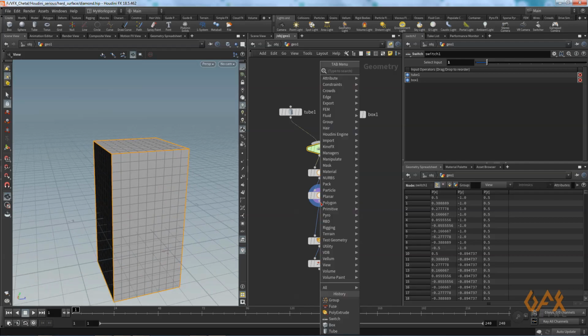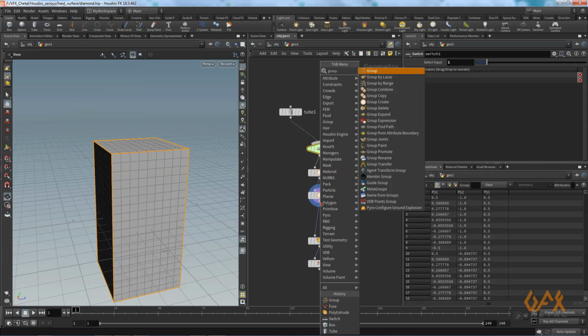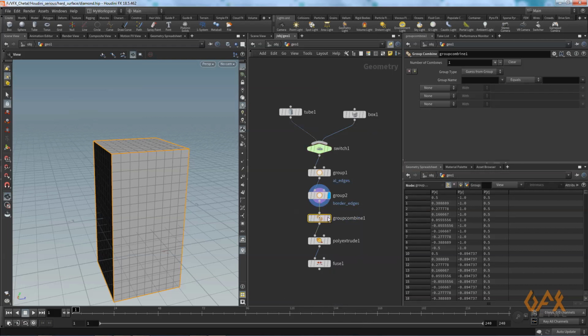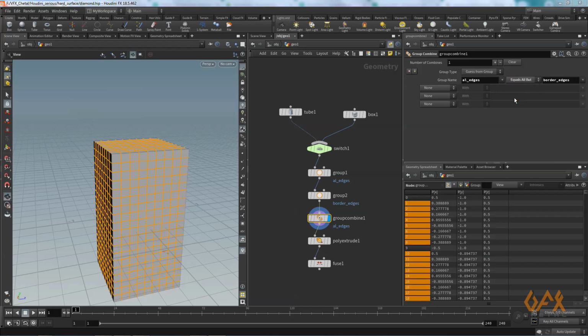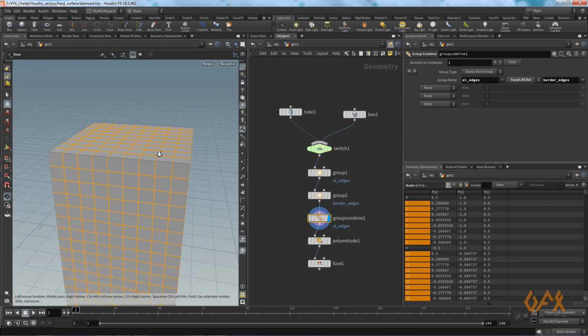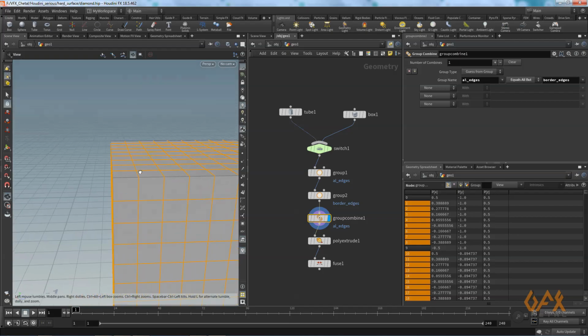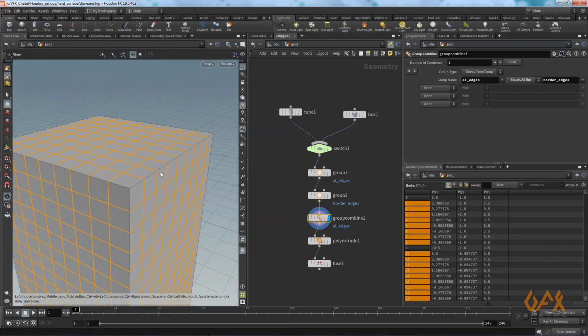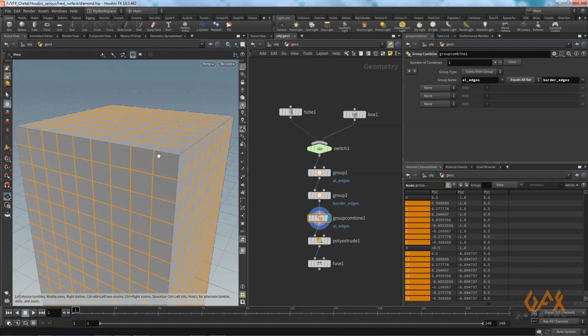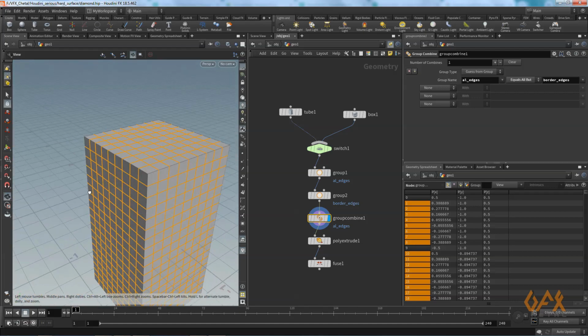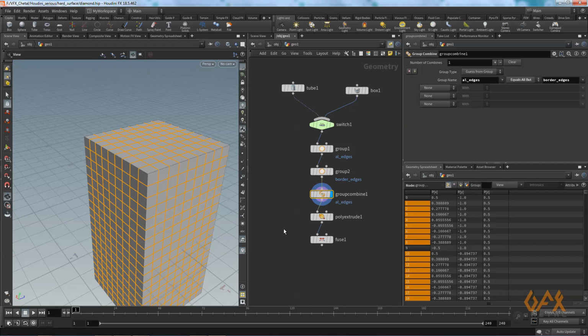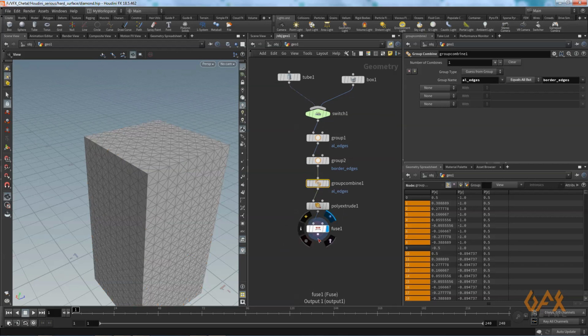Now I create one more group, that is group combine, and over here I name all edges, over here border edges, and now I set it to equal all but. So I select those edges that are not part of the border. Now I select this.